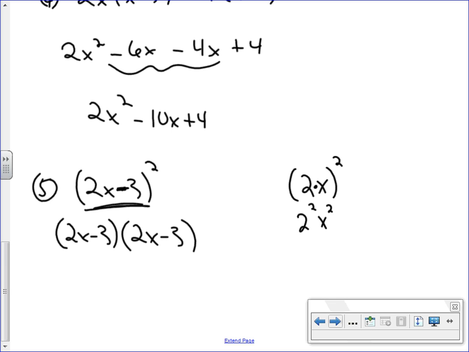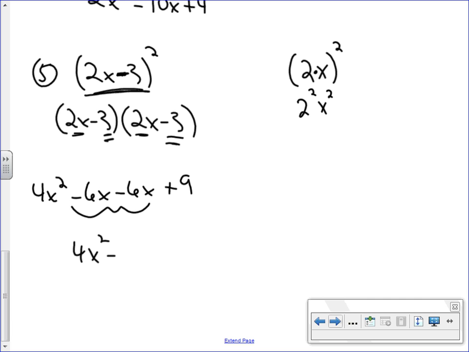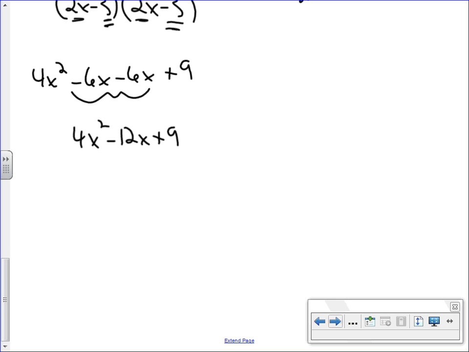You have to actually write it out and then do all 4 steps of FOIL. 2x times 2x is 4x squared. 2x times minus 3 is minus 6x. Minus 3 times 2x is minus another 6x. And then minus 3 times minus 3 is plus 9. Add your 2 terms together in the middle, and your final answer is 4x squared minus 12x plus 9, okay? All right, now, one other problem that we did,